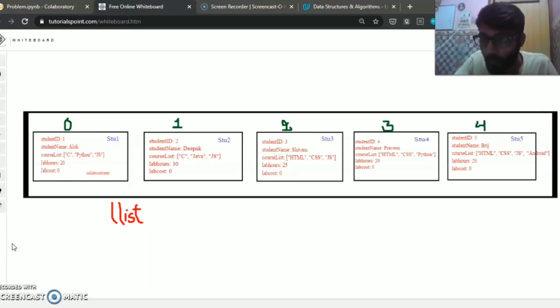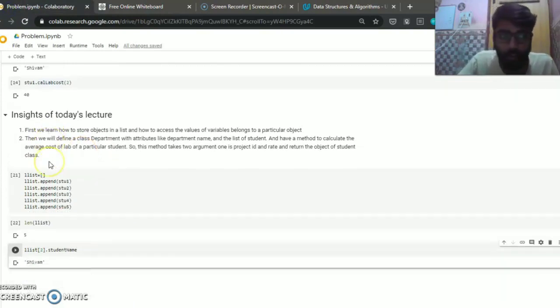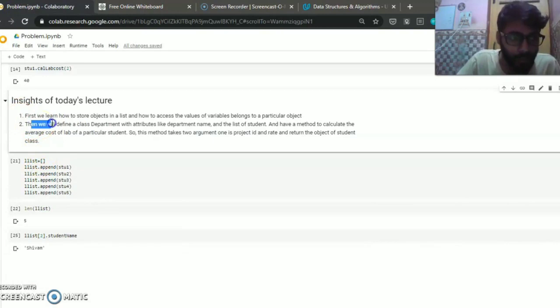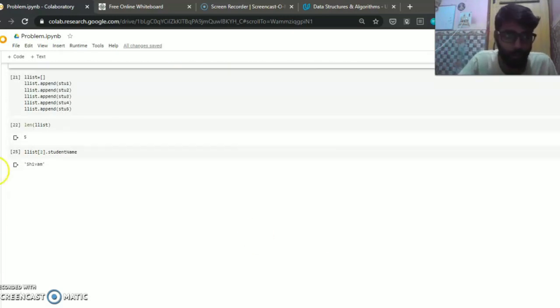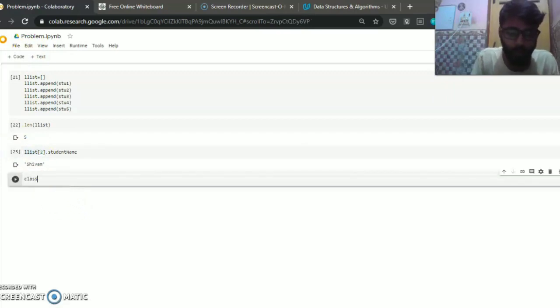Now we will move further and complete our next task. What is our next task? We will define a class department with some attributes, department name and a list of students. So I just have to create another class with the name department,